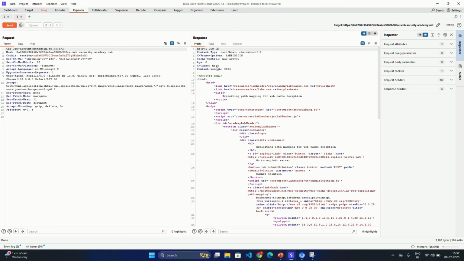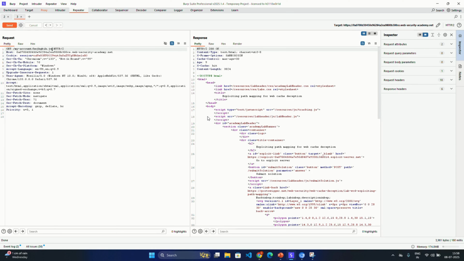The X-Cache header says miss, meaning the response is coming directly from the origin. It did not find the response in the cache system. That is pretty obvious, since before this the response was not in the cache system. The Cache-Control header states max-age equal to 30. That means the response is cached for only a short period of 30 seconds. Now let's send the request again. It again says X-Cache miss because we sent the request after the 30 seconds were over. Now let's send the request again and it says X-Cache hit. That means the response has come from the cache system this time.